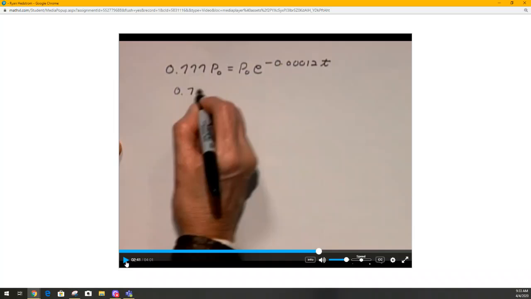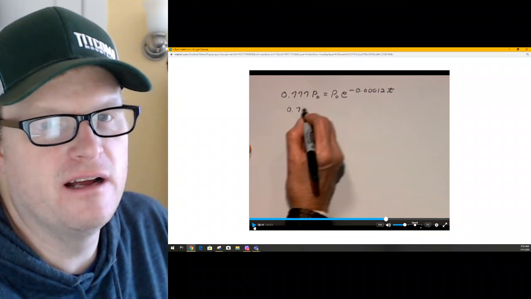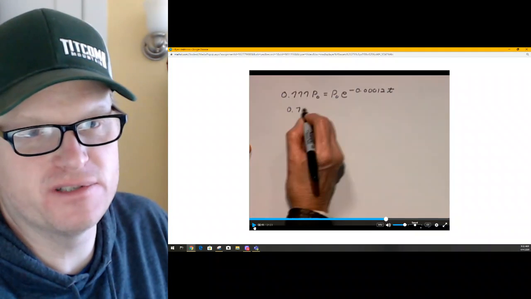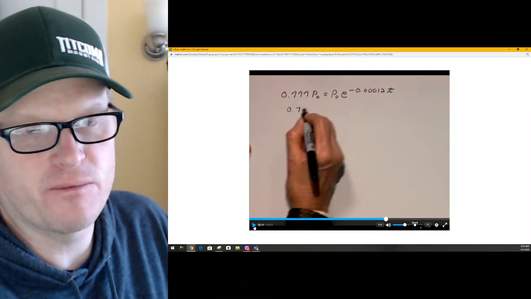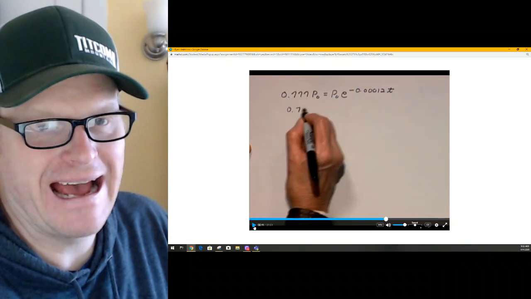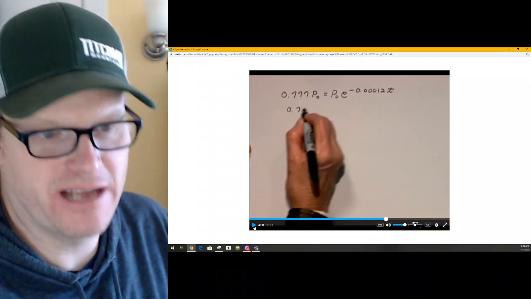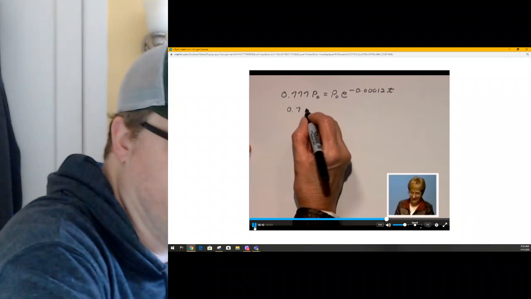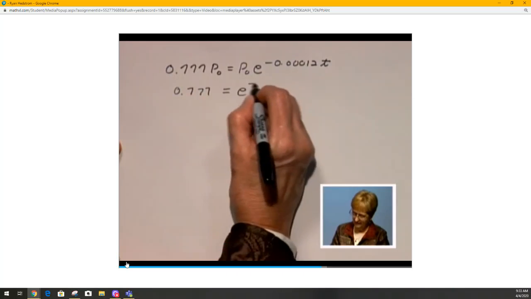So she's dividing both sides by P sub 0. When we did the doubling formula earlier, I had 2 on the left and 1 on the right. You actually don't need the P sub 0 here. She's just putting that in as a placeholder to understand that we have 77.7% remaining of what we initially had. Then we have 0.777 equals e to the negative